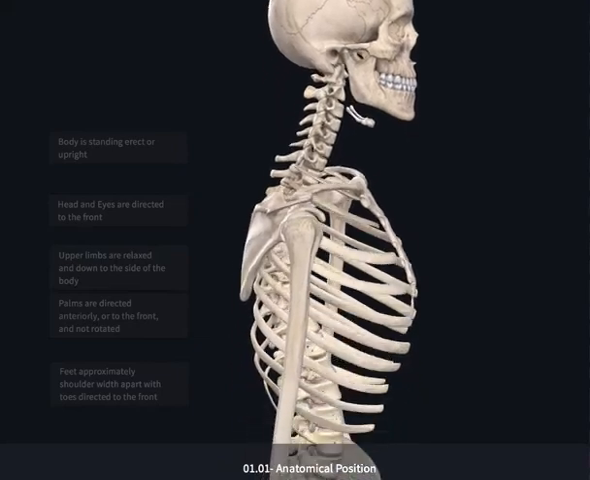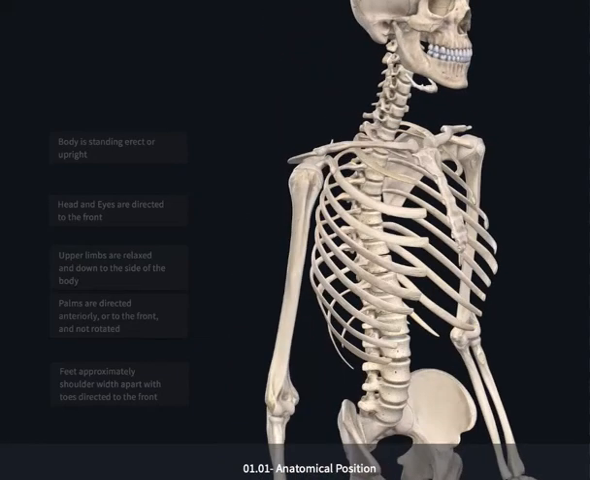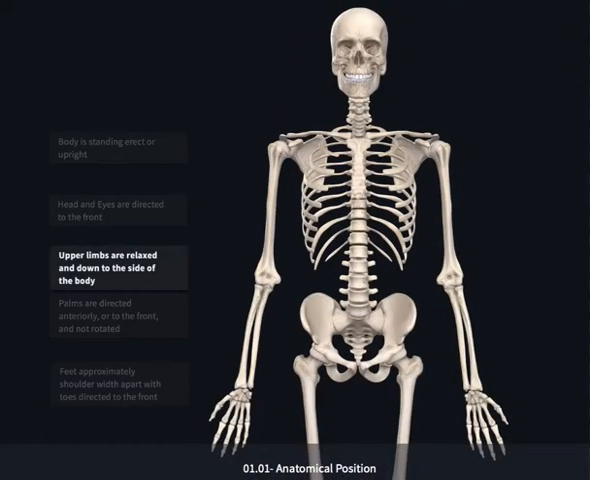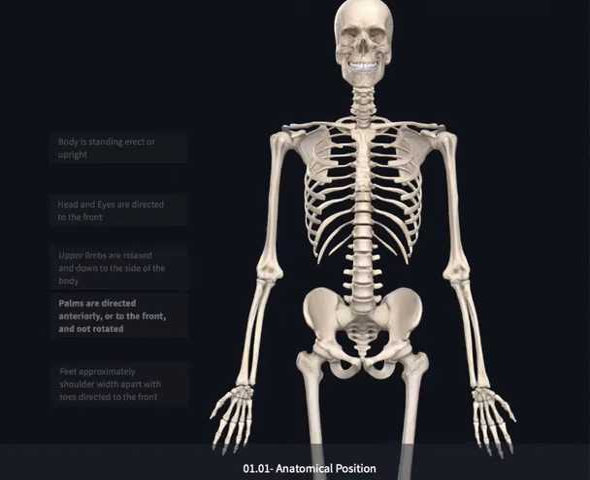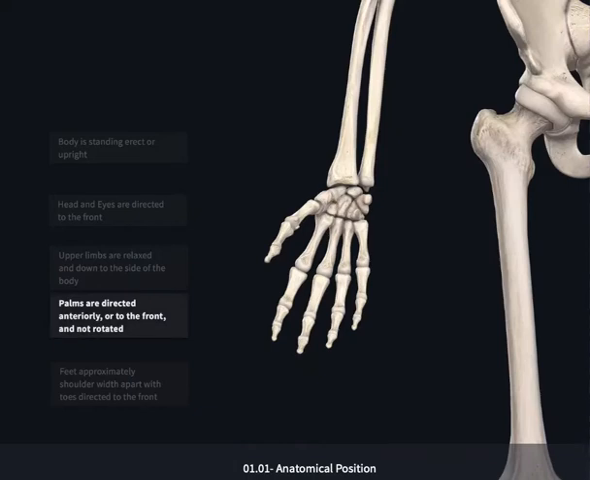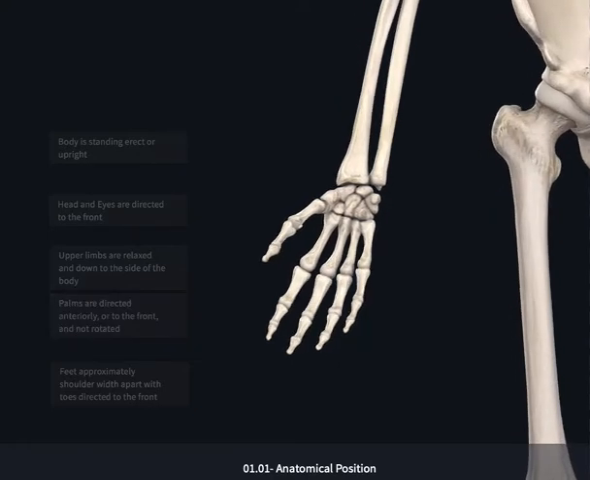The upper limbs are going to be positioned down to the sides of the body in a relaxed orientation. They're not held close up against our side or spread out far apart, and we're not using any energy to keep them upright. The palms of our hands are directed anteriorly, which means to the front, and they're not rotated. So again, we don't have the palm of our hand facing towards our thigh or towards the back of our